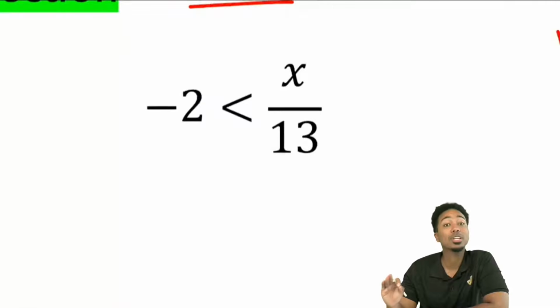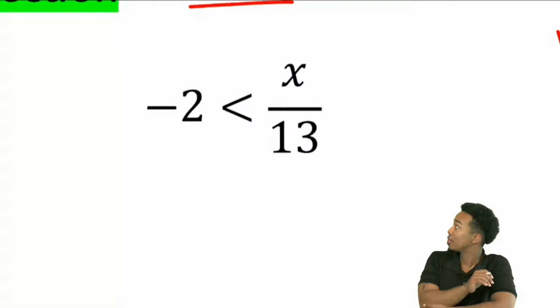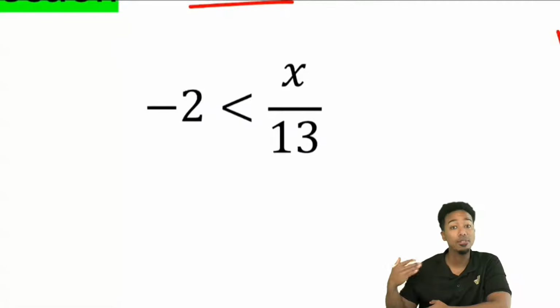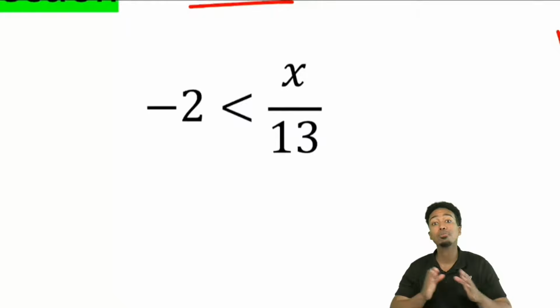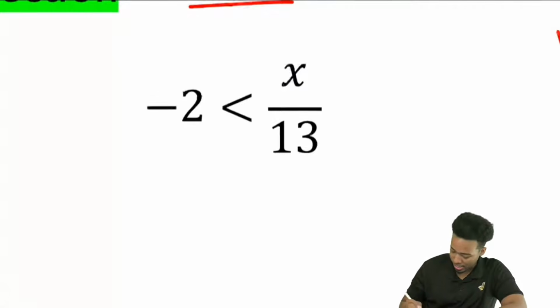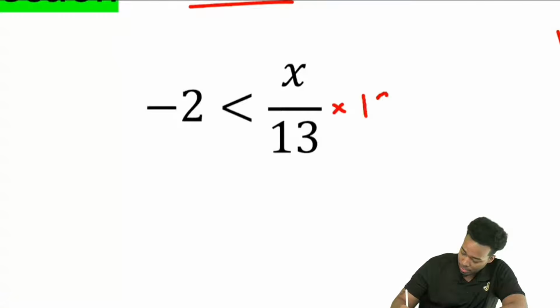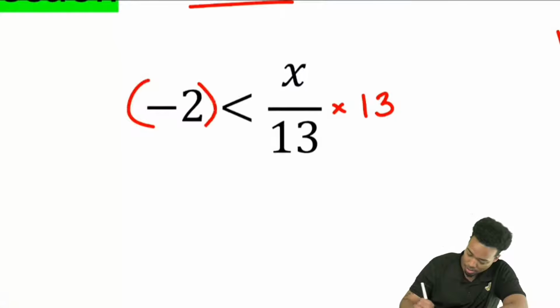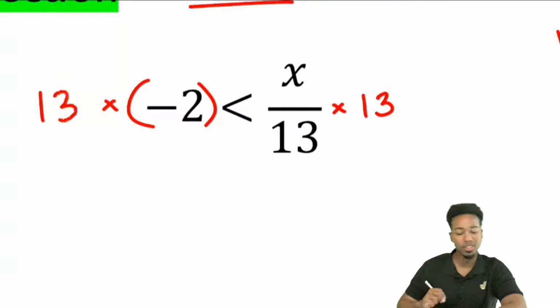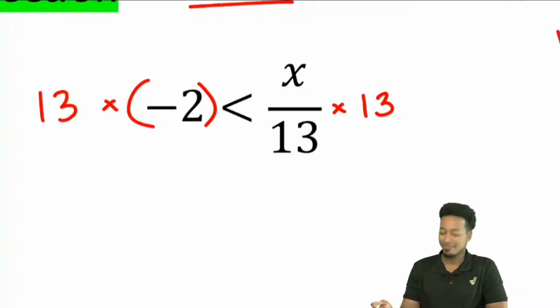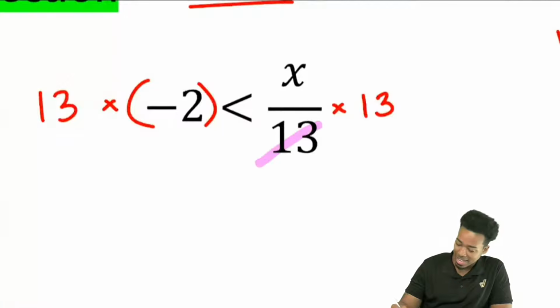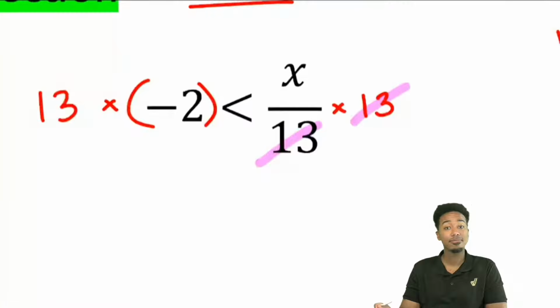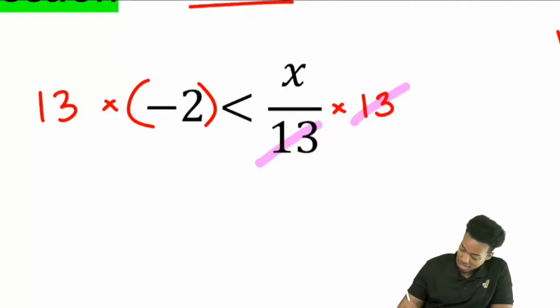So, yeah, exactly. We're going to treat this just like an equation, and we're going to work backwards. So we have x divided by 13. To get rid of the division by 13, we're going to multiply both sides by 13. So that's what I'll do here, times 13, times 13 right there. Once we do that, great. We're going to cancel that out on the right side. Awesome. And so now we're going to have x on the right side, still with that less than sign.